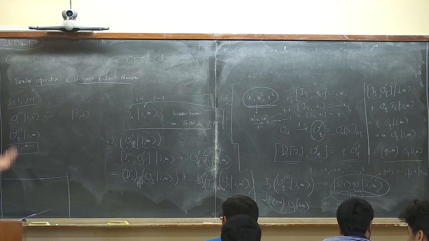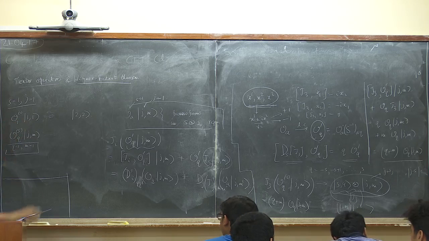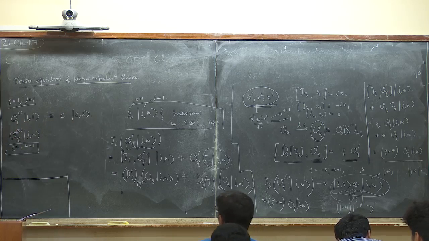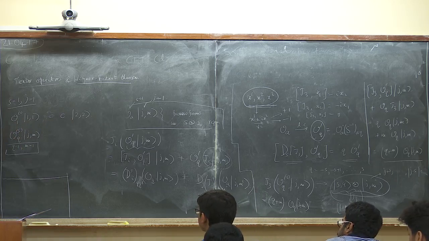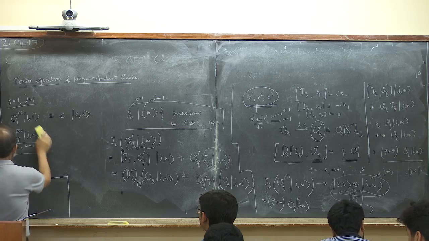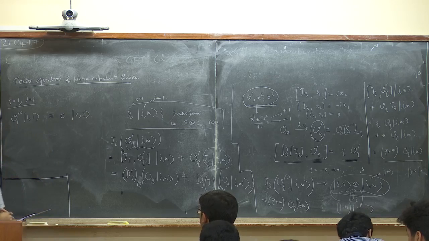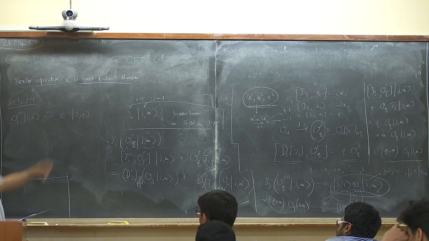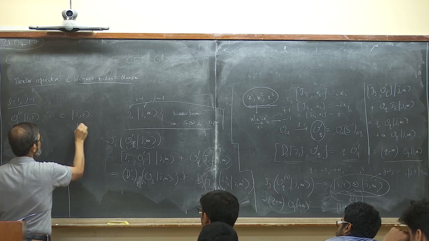What is missing here is a normalization. I don't know how this guy is normalized. There's an operator sitting here. So therefore, what I don't know is this coefficient C. In fact, that's all that I don't know. Okay. I can carry on from here to generate a lot of other stuff by applying J minus on